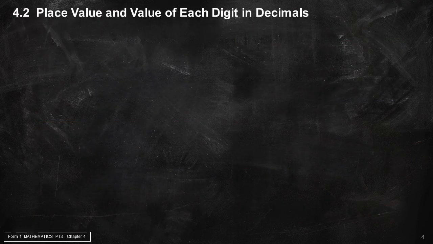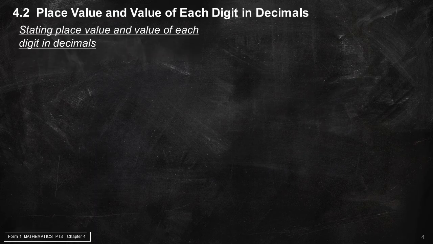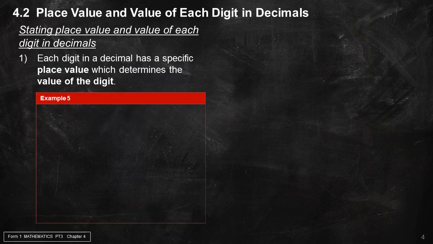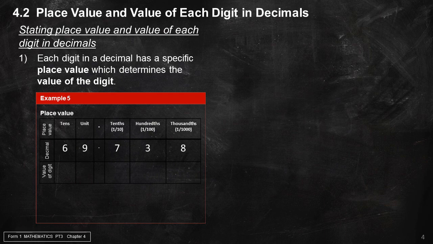4.2. Place value and value of each digit in decimals. Stating place value and value of each digit in decimals. 1. Each digit in a decimal has a specific place value, which determines the value of the digit. Example 5. The place value of each digit in the number 69.738 are 60, 9, 0.7, 0.03, 0.008. 69.738 is also equal to